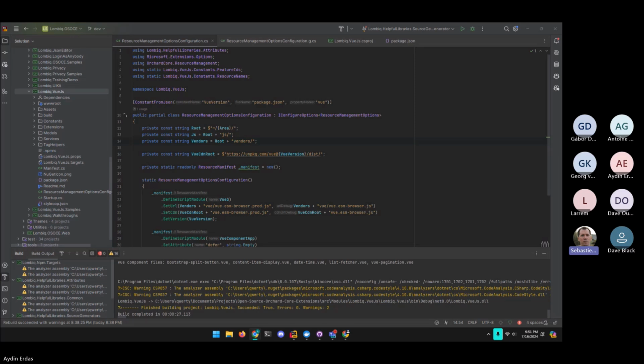Probably in the resource management module. Sorry, resources. I think I see one here that is for Vue.js. I found the property named CodeMirrorVersion, for instance, or MonacoEditorVersion. So does it mean that we would have